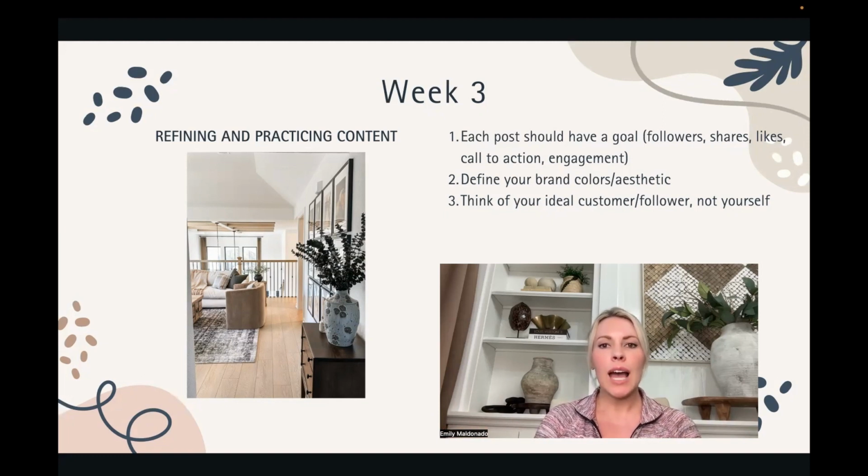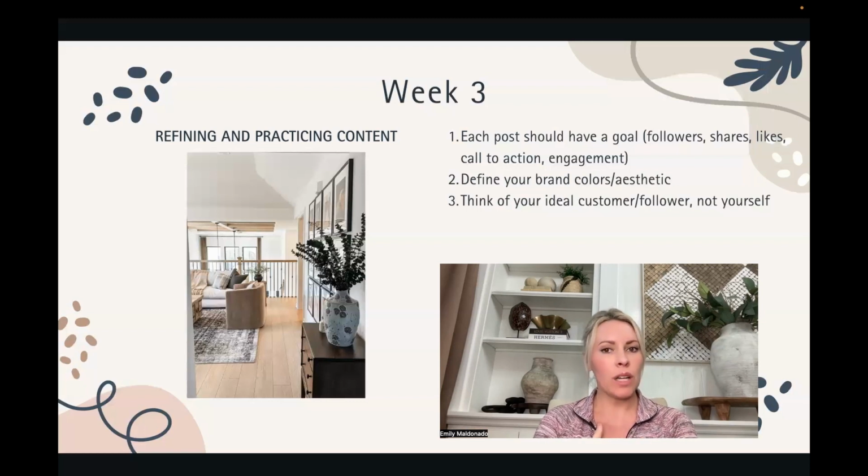So, in order to help encourage them to do those things, you actually have to ask them to do those things. And so sometimes if you never put a call to action on your reel, you won't get a lot of engagement. The other thing that you should keep in mind is that if you ask them to do all of those things, they will likely be overwhelmed and do none of them. So pick one goal for each post that you make.